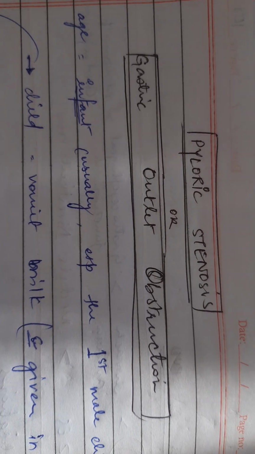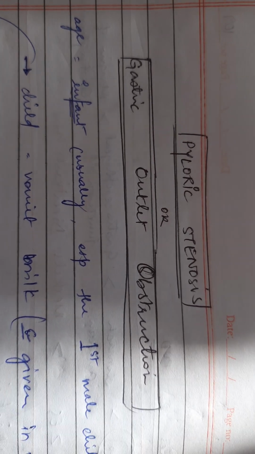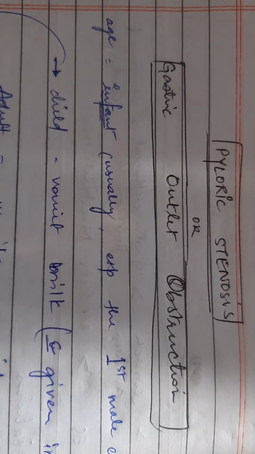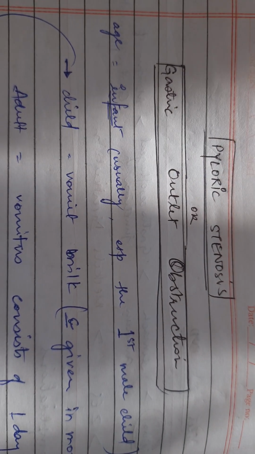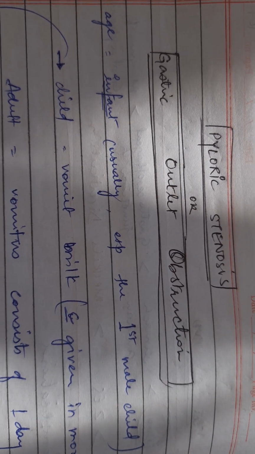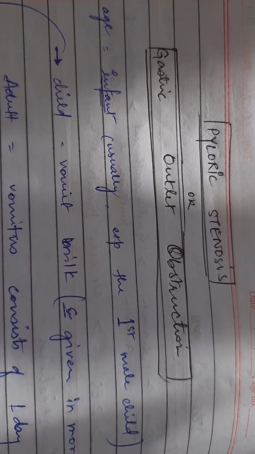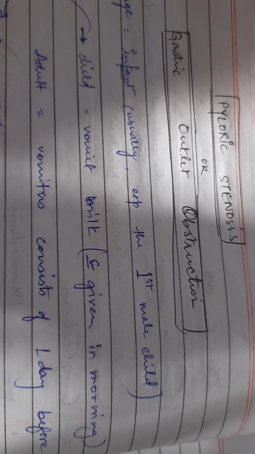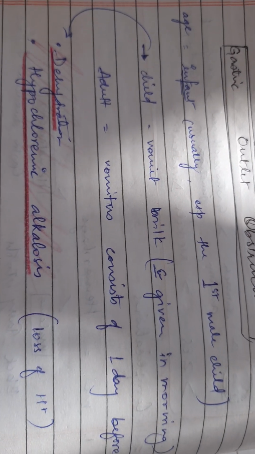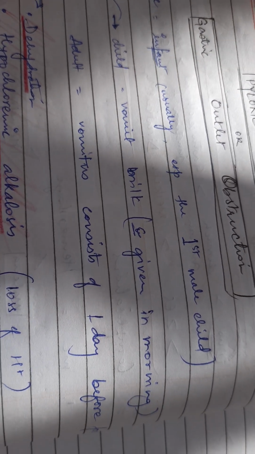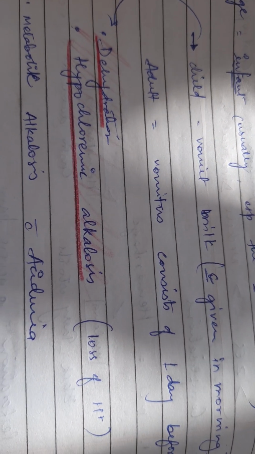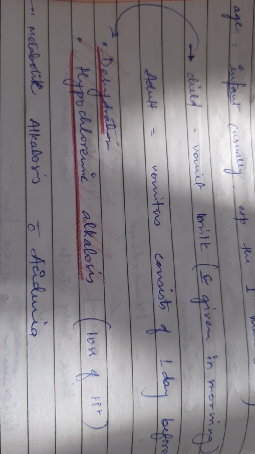Pyloric stenosis or gastric outlet obstruction is a complication of ulcer. It usually occurs in infants, especially the first male child, who vomits the milk given in the morning. In adults, the vomitus consists of food eaten one day before. Then in the child, dehydration occurs and